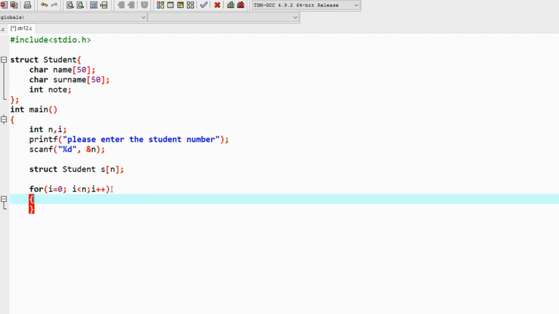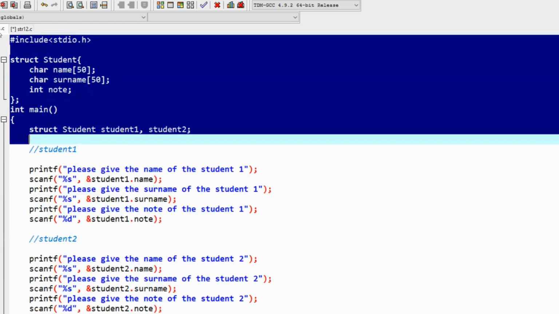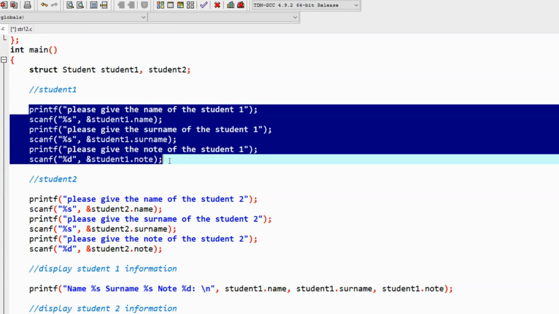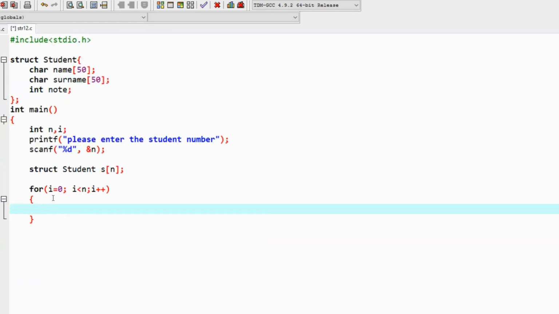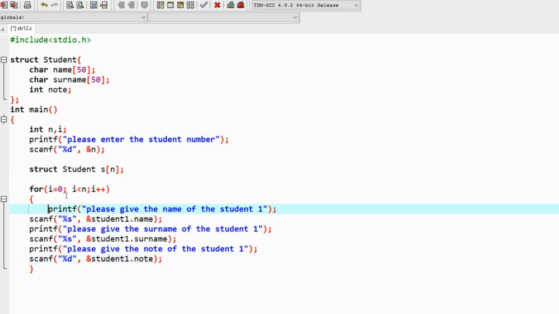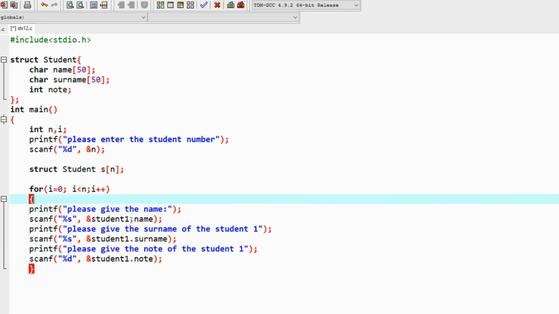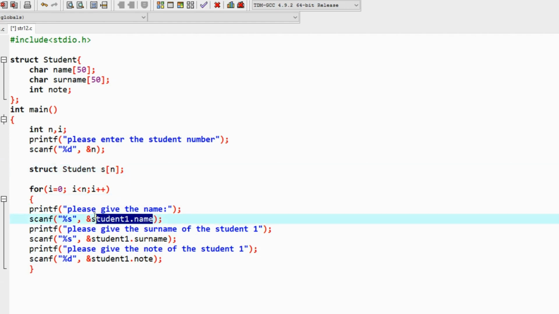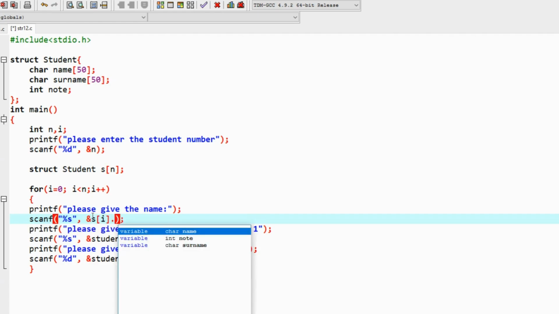Here we will take this code. So here we have printf, please give the name of the student. Please give the name. Student 1, it's not student 1, we are going to write it in a table, so it will be as, the name of the table is s, which student, it's s of e dot name. Okay,